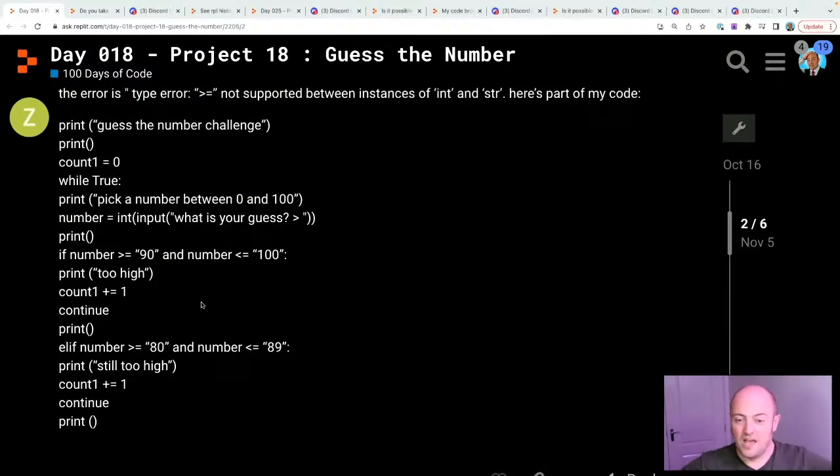Good thinking. But this question in particular is really interesting because it highlights a really, really common thing. And that is when we learn to program in Python, we start putting quotes around everything. And we put quotes around everything because that's what we've done so far.